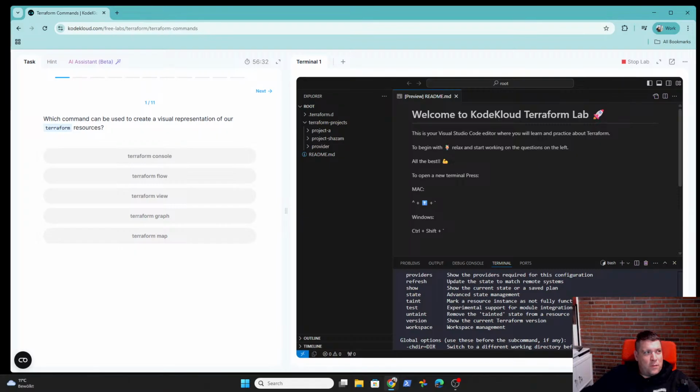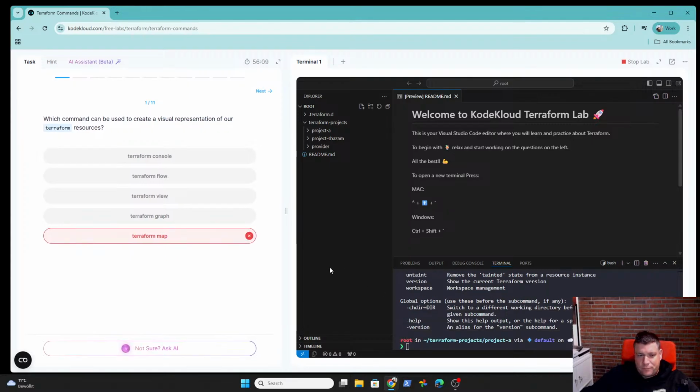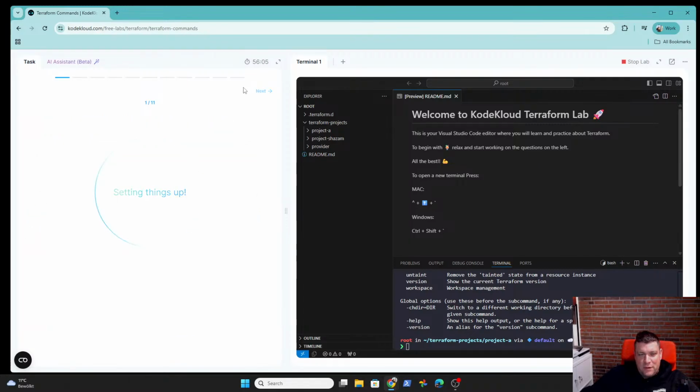Both seem to work. So let's check the terraform map. Terraform graph was the correct answer.